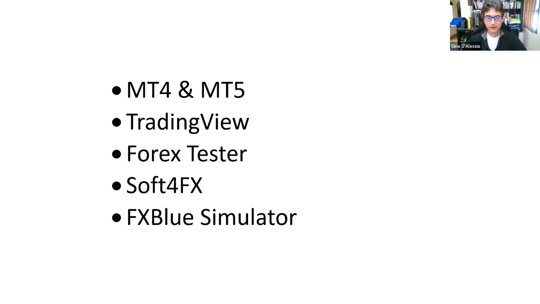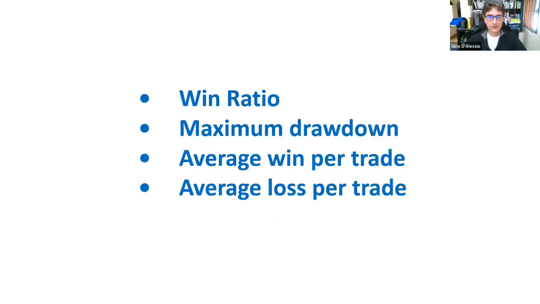Because you would have to get it right a very high percentage. You would have to have a very, very high win ratio to avoid actually losing money. So we don't particularly want that kind of averages. So these are the insights that you get from the backtesting data: the win ratio, the maximum drawdown,